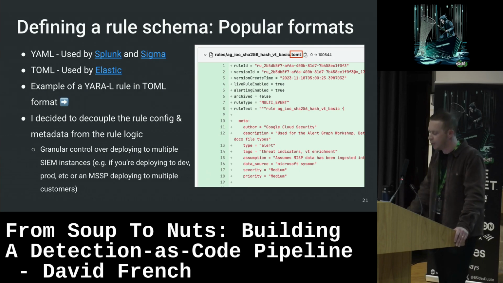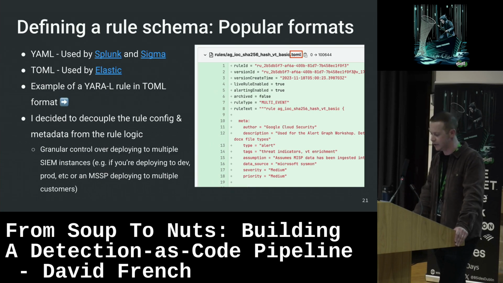And here are a couple of file formats that people use for their rules. Splunk and Sigma both use YAML. Elastic uses TOML for their open source detection rules content. Both of these file formats provide that human readability. Reading and writing these file formats is widely supported by programming languages. TOML's nice. It lets you break your rule up into sections. So you might have a section for the rule's metadata, the rule's logic, and then maybe another section for